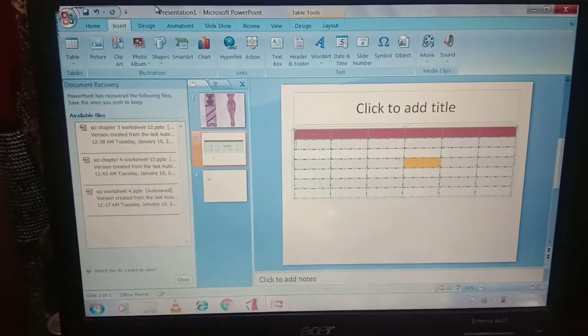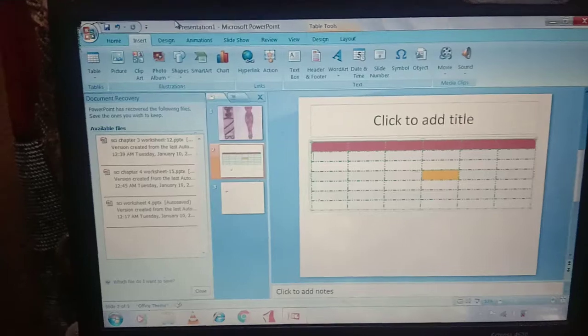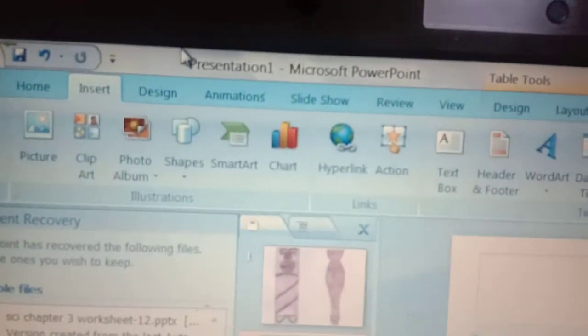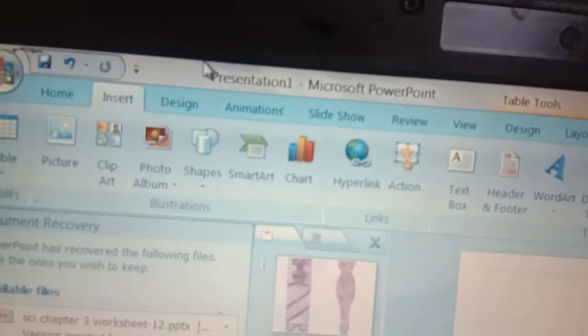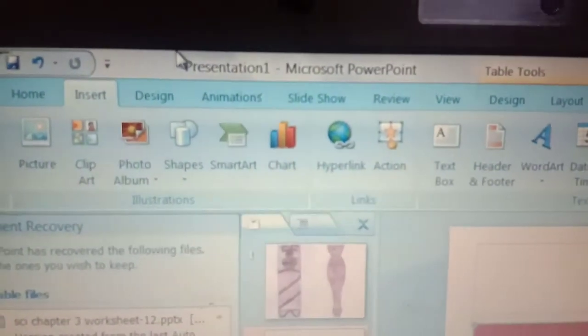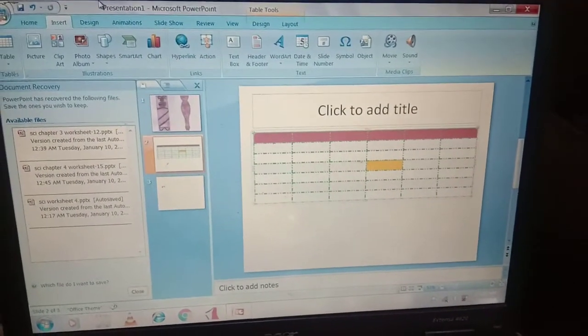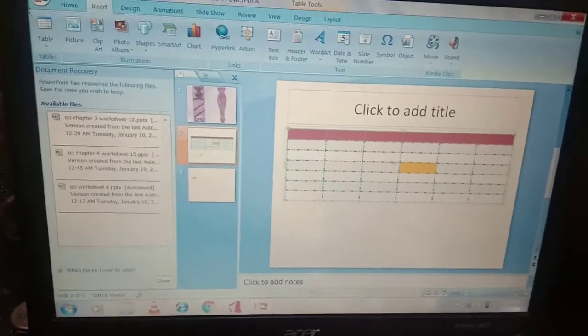With the next topic, like how to insert a chart in a presentation. We can also insert a chart. Can you see the option chart is here? So in our next video, or in our next lecture, we will learn about how to insert a chart in a PowerPoint presentation and how we will use the chart.